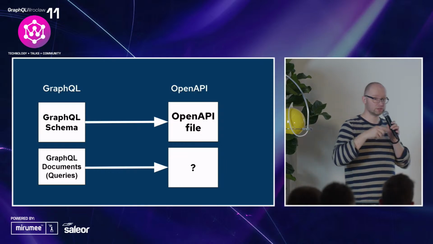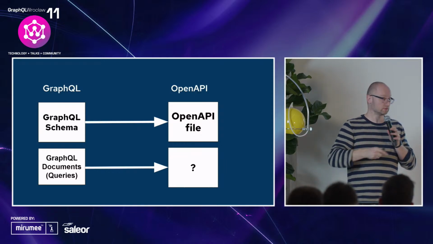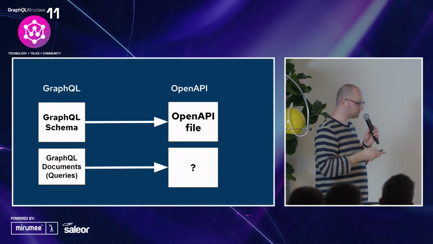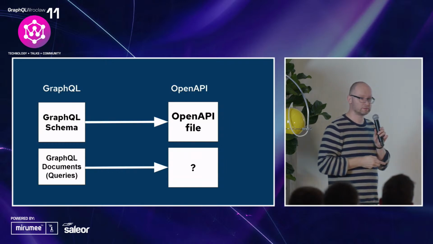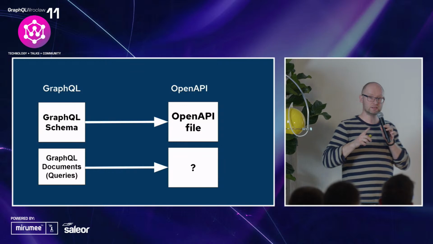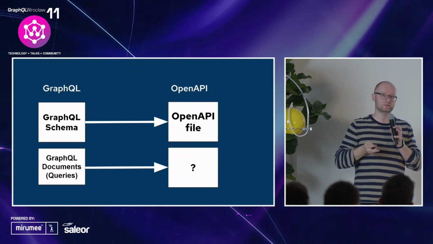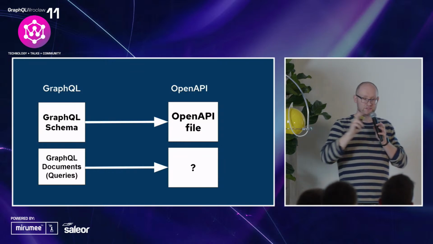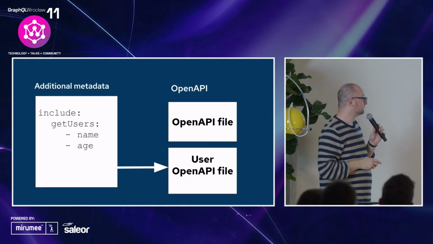In OpenAPI, we don't have that abstraction. So we need to invent something. We need to bring this concept into the OpenAPI file, because the OpenAPI file itself represents the entire state on the backend. So we need to have a subset of the OpenAPI just for our needs.